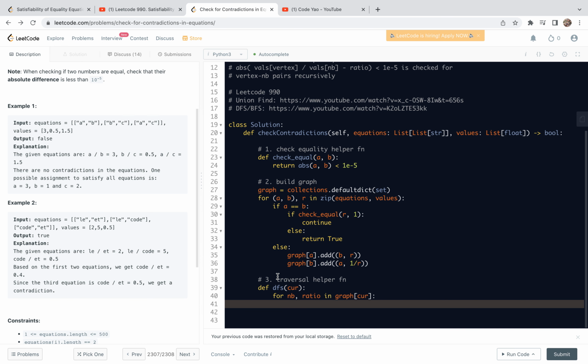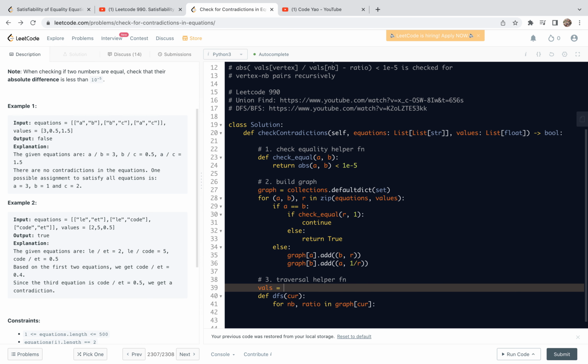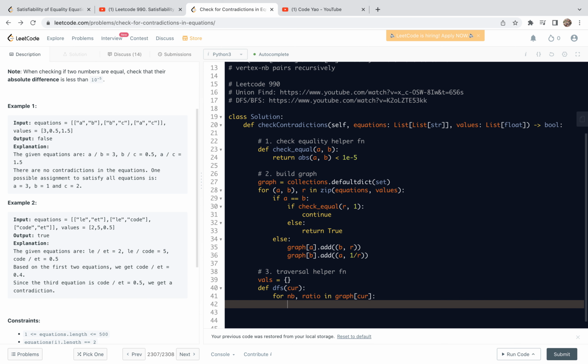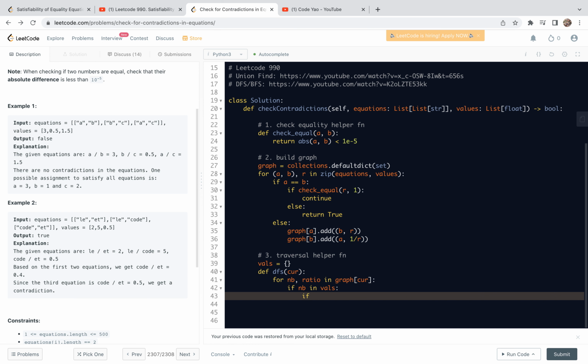We want to check if we have already imposed values or not. For this, we can introduce a variable called values, which we are going to update during the real check step. For now, it's okay to just initialize it as empty. So for neighbor and ratio in graph, if neighbor is in values, it means we have already imposed values to that, then we are going to check if they are equal or not. So if not equal,